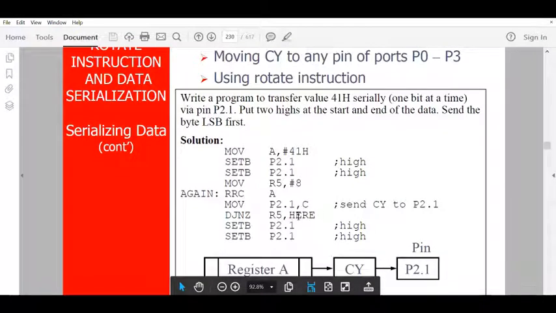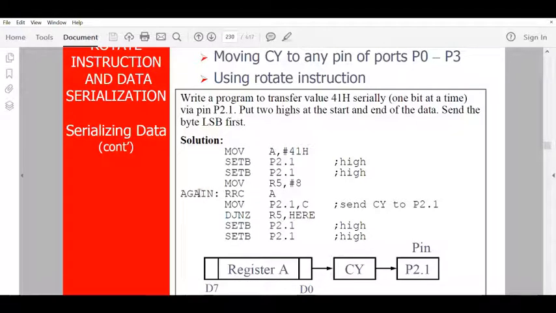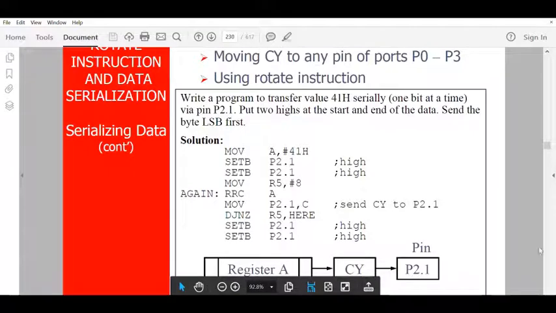Okay, this is wrong. It is not here, it is again. So after transferring the data, you need to again show that it is the end of the data. For that you have to set the bit again, because you need two ones at the end of the data. So that is why you again set bit